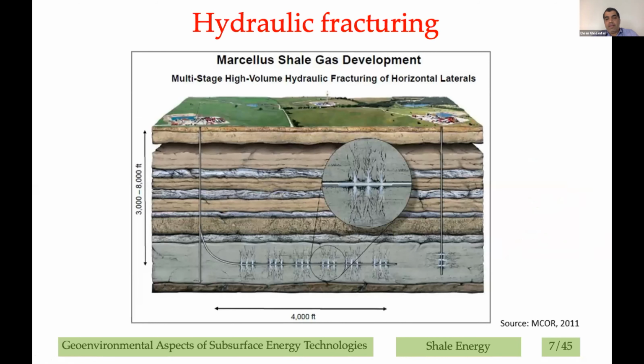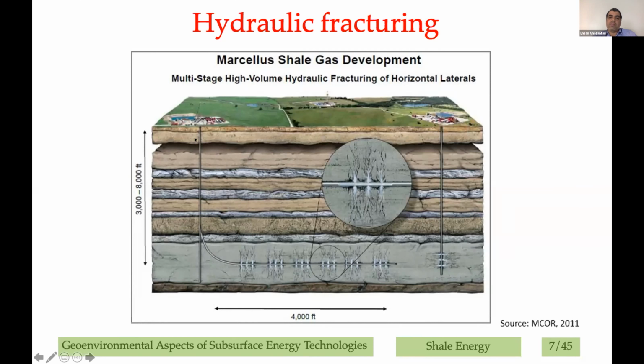So I guess most of you are familiar with the process of hydraulic fracturing. It's a controversial process. As you can see here in the schematic, the process typically starts with drilling the vertical portion of the well, and then once close to the shale formation, the horizontal drilling will start. So typically there are multiple lateral horizontal wells, and the shale formation will be fractured because of its extremely low permeability, so that the natural gas can be extracted from the wells.